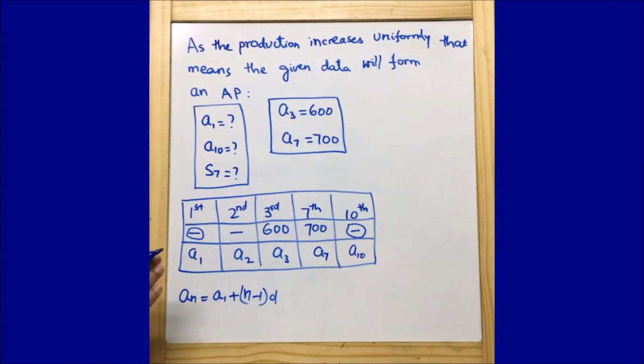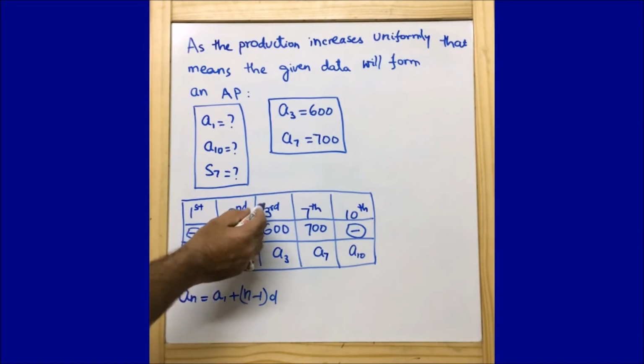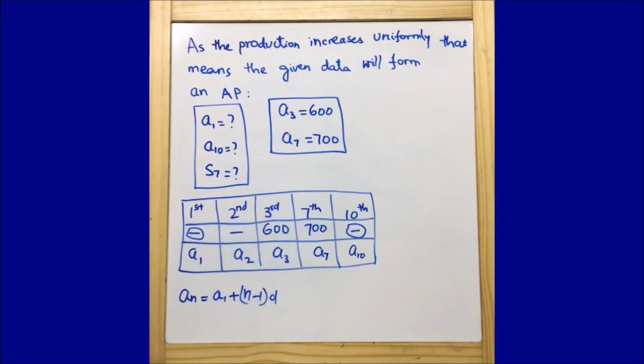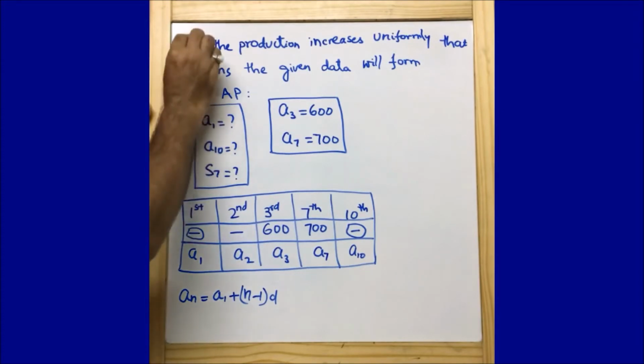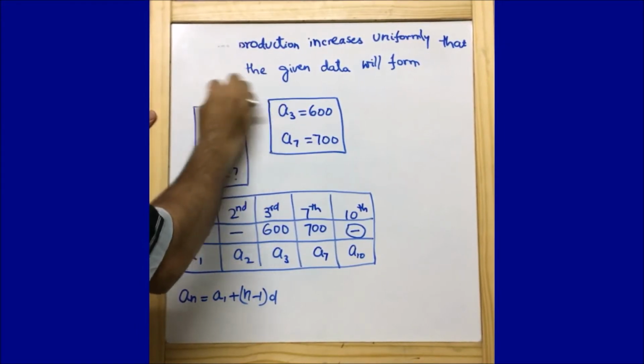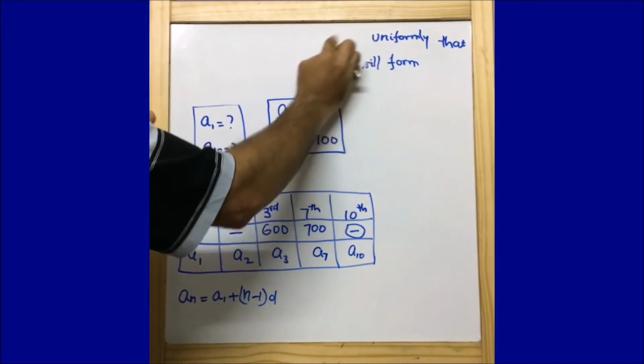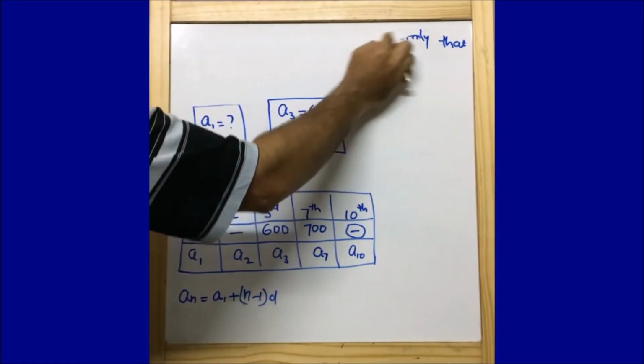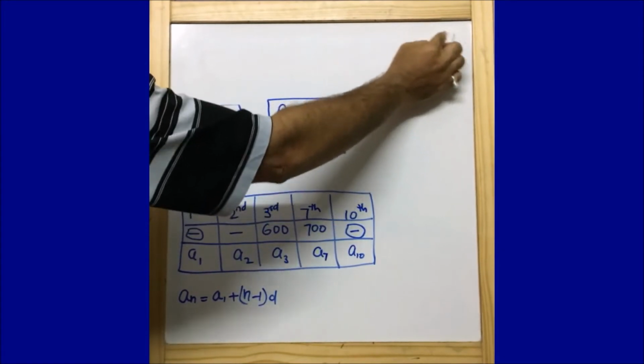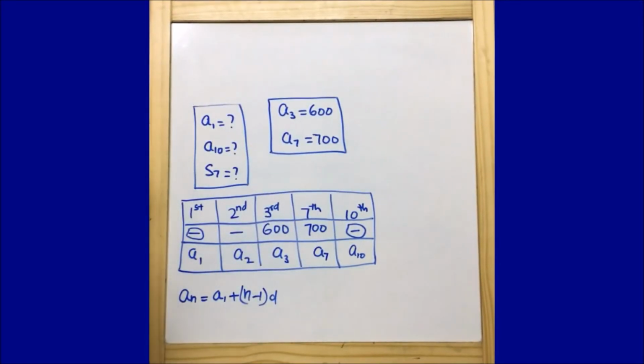Here we don't know the value of d, because we don't know the consecutive numbers. Here it is the third and seventh, so we cannot say that these are consecutive numbers. Now let's see how we are deriving this equation. For finding the consecutive numbers, we very well know that if we add d to the current term, then we will get the next term. Similarly, for getting the next term, we need to add the common difference d.